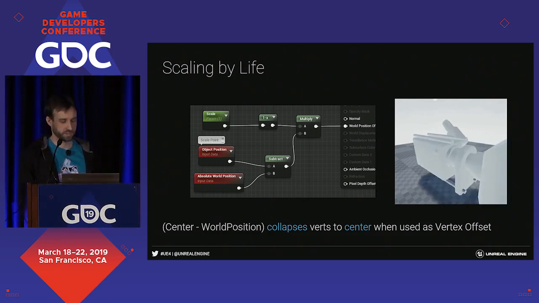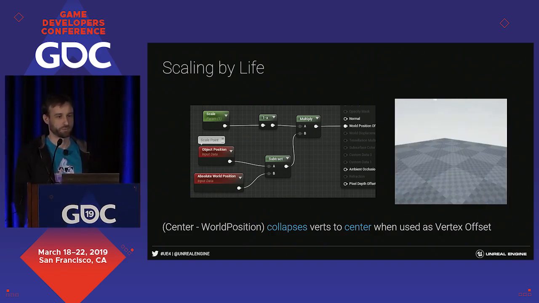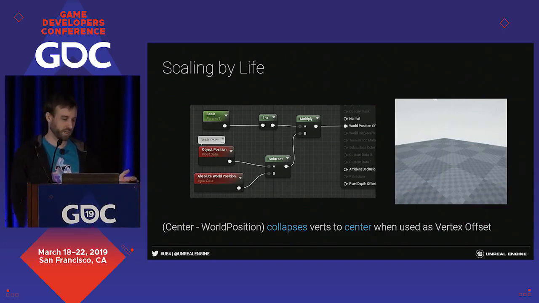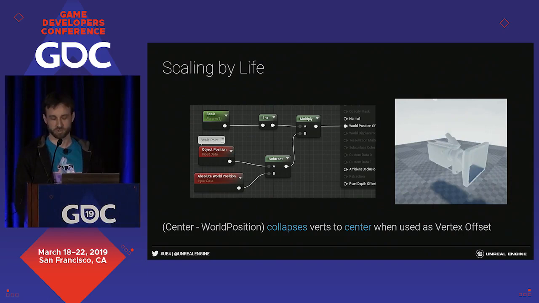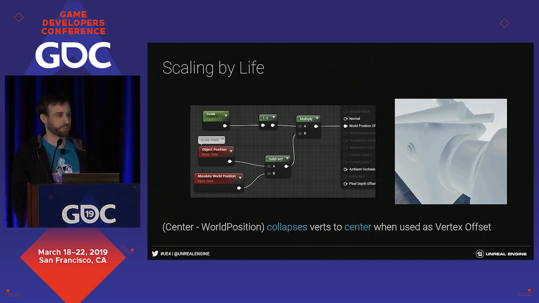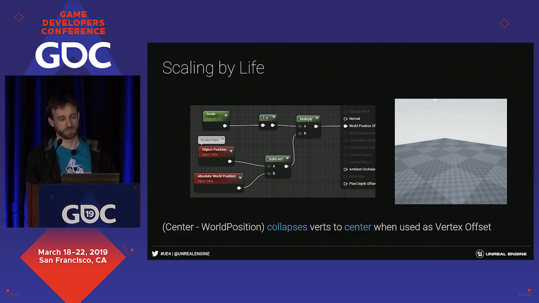And the way that this actually works is if you take, in the vertex shader, if you were just to plug in negative world position, which would be 0 minus world position, that would collapse all the verts to 0, or the origin. But you can also get an effect where you can smoothly scale to some other point rather than the origin by instead of saying 0 minus world position, you say center point minus world position, and then that collapses to there. And then you can further multiply that scale factor by a scalar parameter,